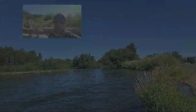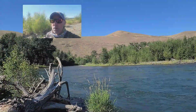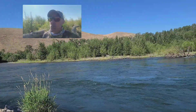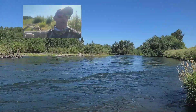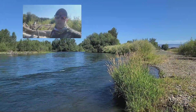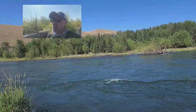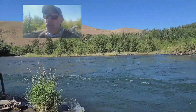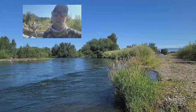So lots of people heading over to the Natchez too. The last word I got about a day or so ago from some folks in is that Rattlesnake Creek's still pumping out quite a bit of color. So you'd want to fish above that. It sounded like it was getting better, and maybe over the next few days we'll see that start to clear. It's also been fishing good. And there's some little tributaries there too that you can hit, like the Tieton, the American, the Bumping. Make sure you look at the regulations there, because there's some salmon restrictions and some river closures of